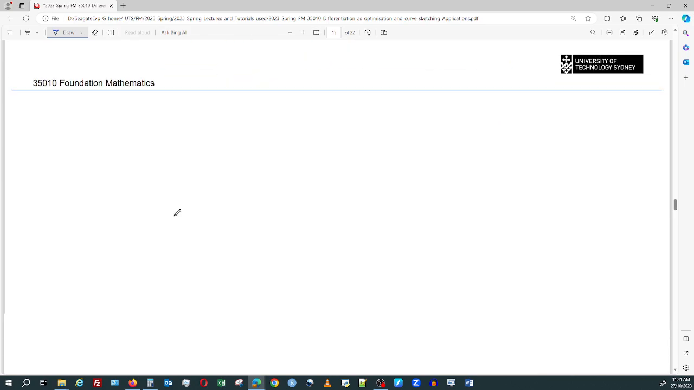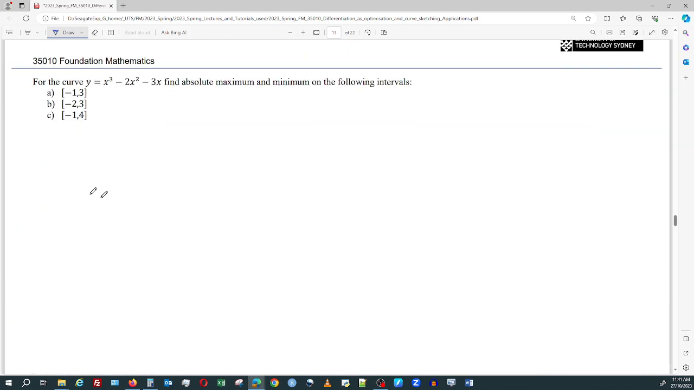Very good. And we've got a curvy question, so we can have a look at that one as well. For the curve x cubed minus 2x squared, find the absolute maximum and the absolute minimum on the following intervals. So we'll be comparing, not unlike what we did before. So y dash needs to be set to 0, but before we can do that, we need to work out what y dash is. So differentiating,